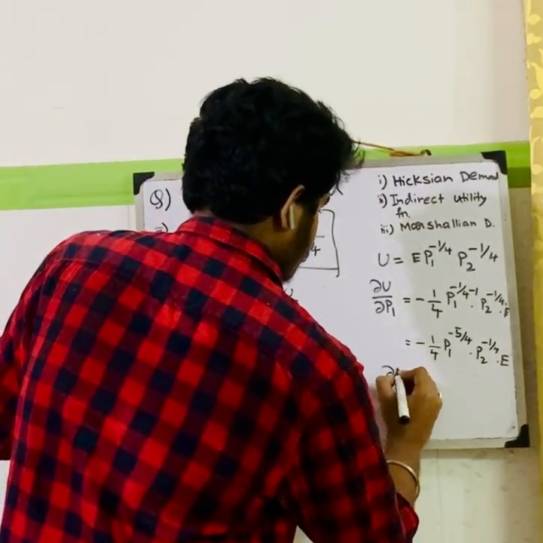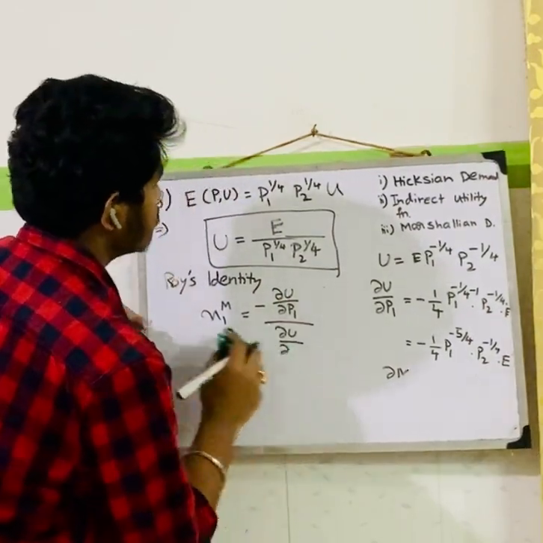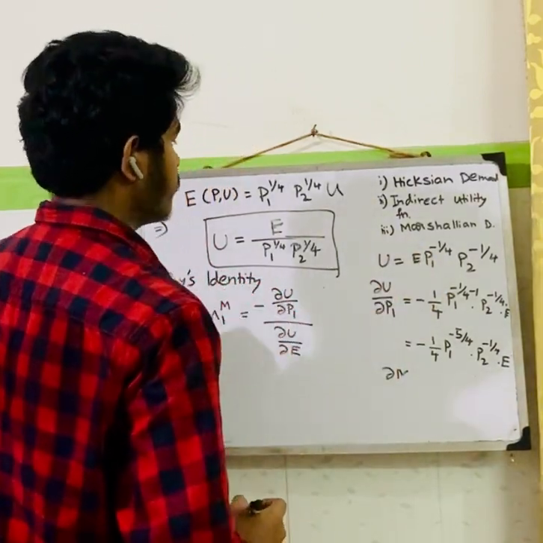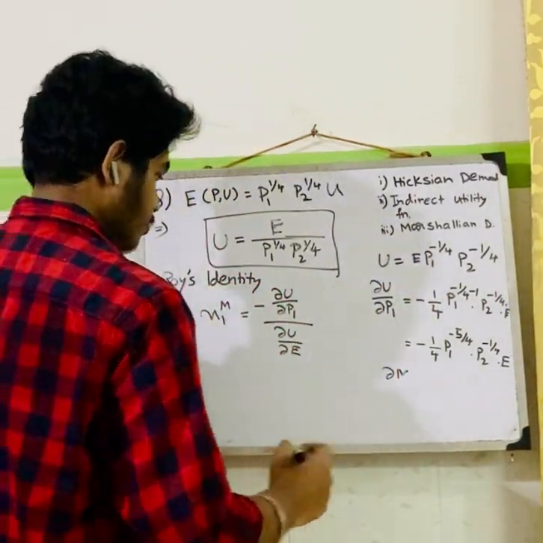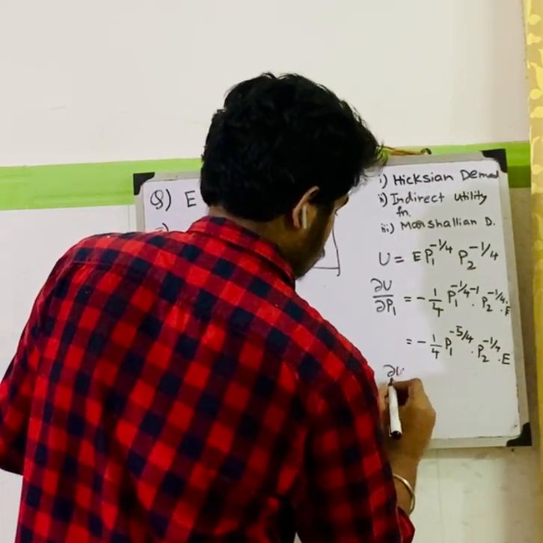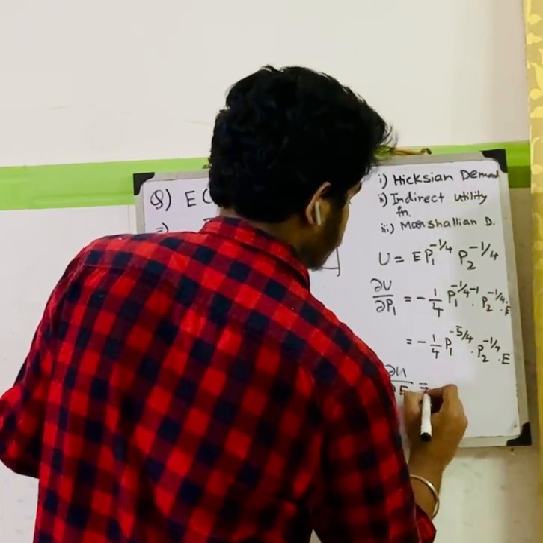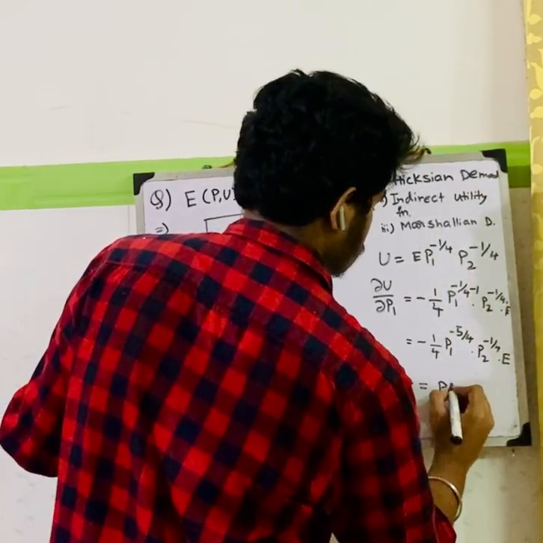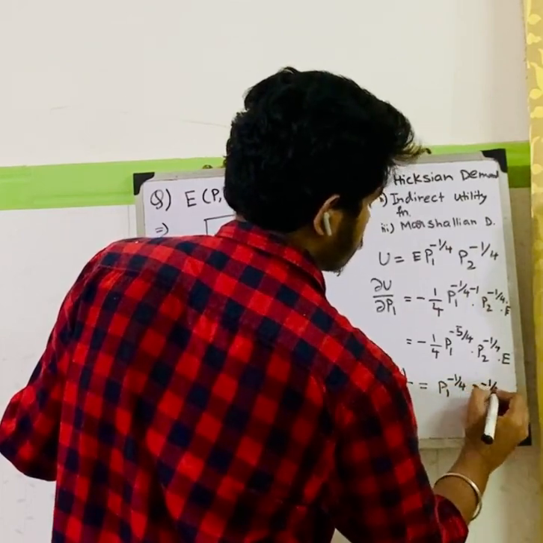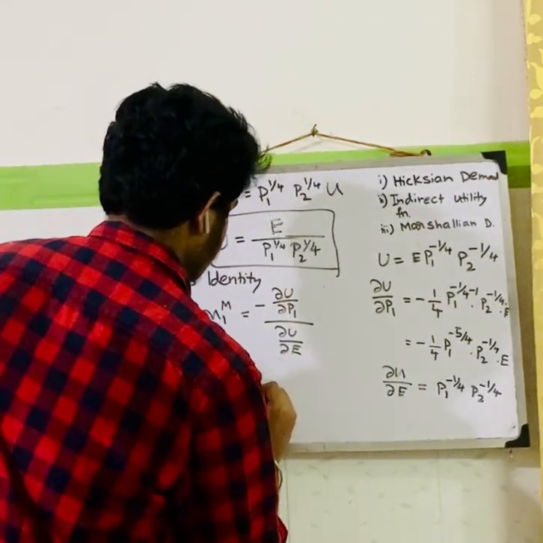And if we differentiate, sorry, not M, we will just differentiate with respect to the E, as we have given E here. So we differentiate with respect to E. So it will come to P1 to the power minus 1 by 4 P2 to the power minus 1 by 4. Now putting these two terms in Roy's identity, we get